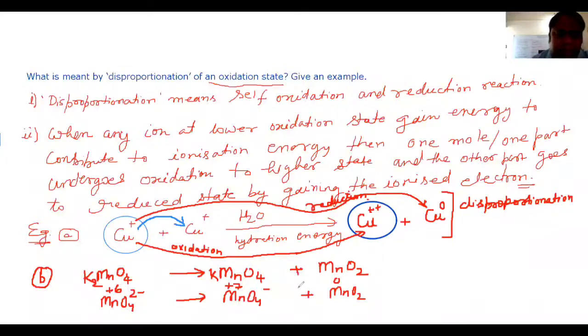We can always balance the water molecule by giving H2O. So here there are 4 water molecules. There are 2 Mn, so we'll give 2 Mn. Now there are 8 water molecules here. There are 6 water molecules here. So we can give 2H2O. And this side acidic medium, so 2H plus.